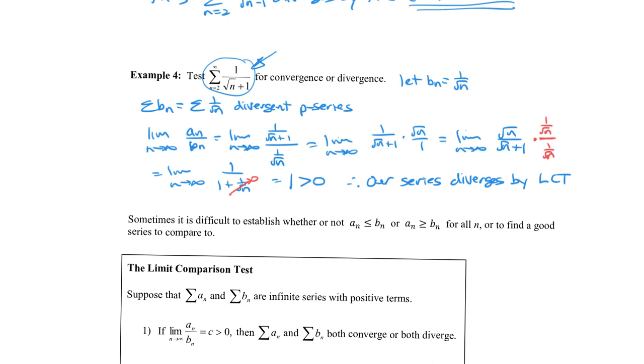So we are mentioning the name of the test, right? We need to mention the name of the test. We need to mention our conclusion, which is our series diverges, this series diverges. Here's our argument, and since it's a comparison test, right, limit comparison test, we need to mention the one we're comparing, which is 1 over n, and that it's a divergent p-series. Okay, so hopefully that makes sense,